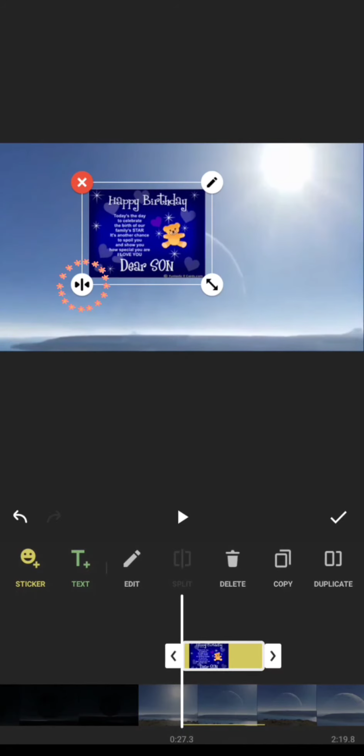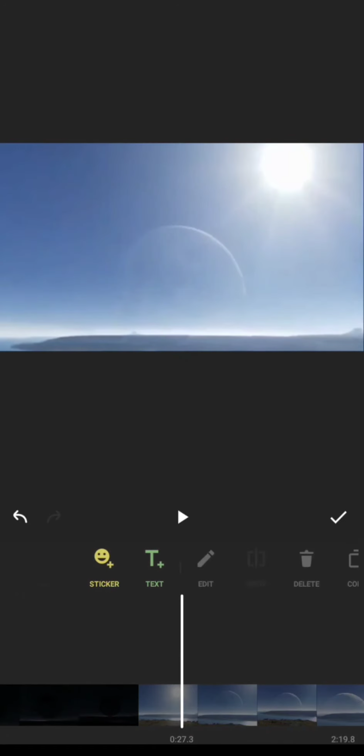Again, one flip option is provided. For any of the stickers, this flip option is there. By clicking upon that one, I can flip it. It is left to right. I can turn it and make it a flip. The sticker.